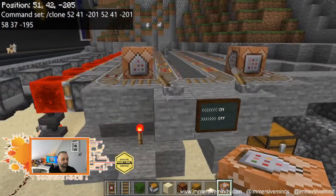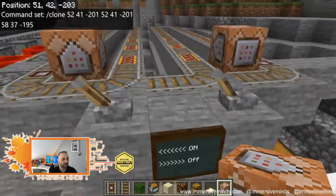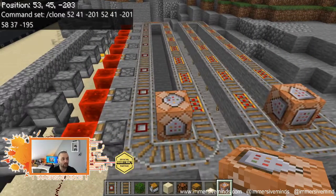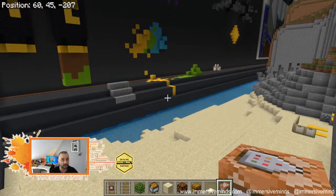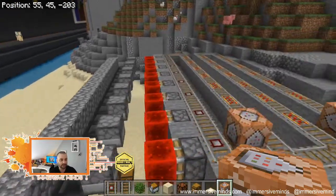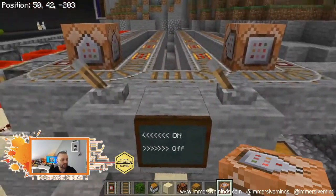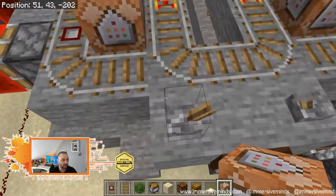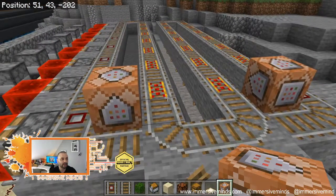I did the following. I realized that we needed a way to stop the waves, otherwise it's perpetual. And maybe the tide comes in, the tide goes out. Maybe we don't have waves this day. So what I did was I changed a way of making sure that we have an on, and you'll notice when I do this, watch what happens to that. That can change the way that a